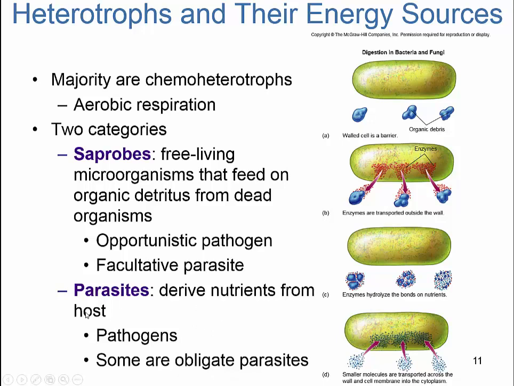They derive their nutrients always from the host. And so living on the host, they must be in that situation. Obligate means they must live on the host. They cannot live outside of the host. Versus a facultative parasite could live in a free-living environment such as water, but then also thrive in a host. An excellent example of a facultative parasite would be a worm infection.